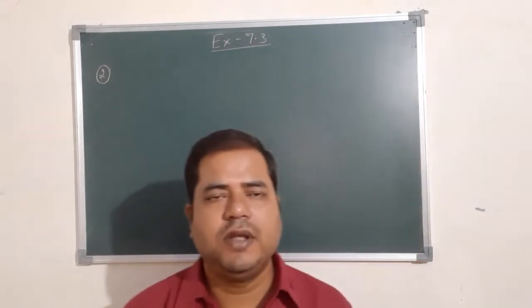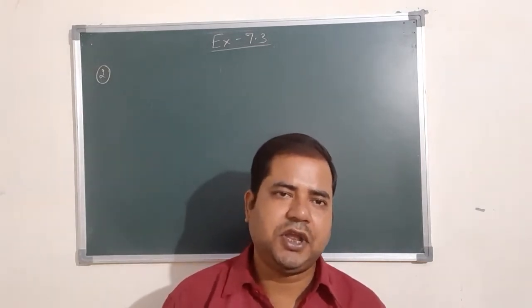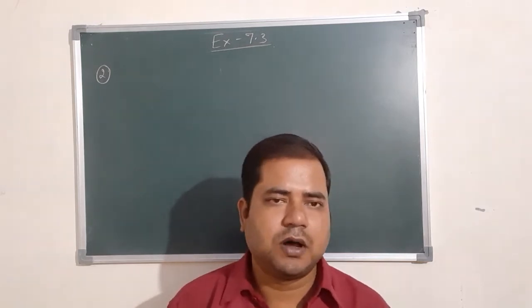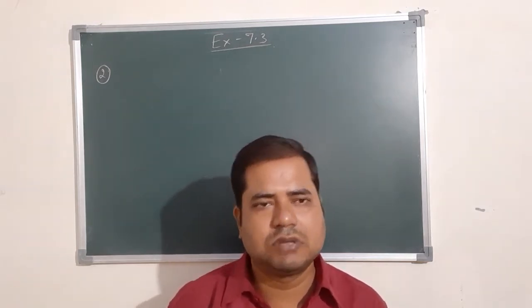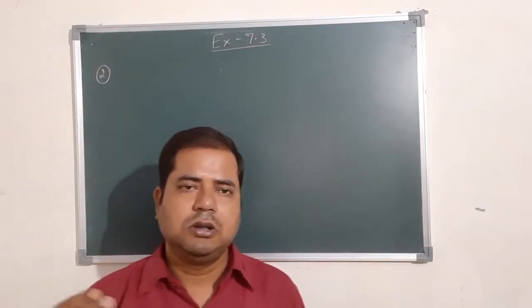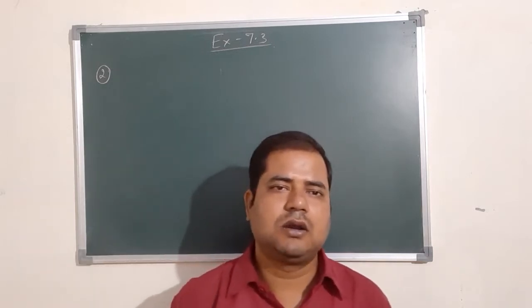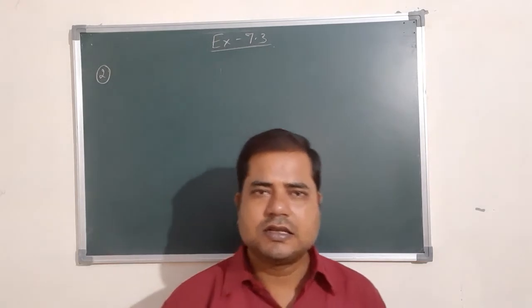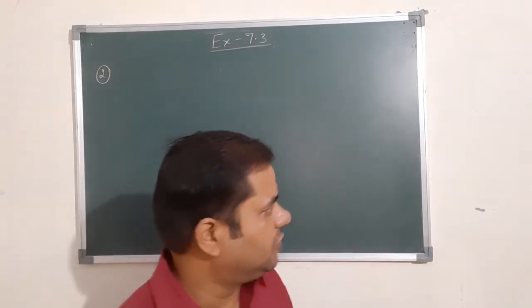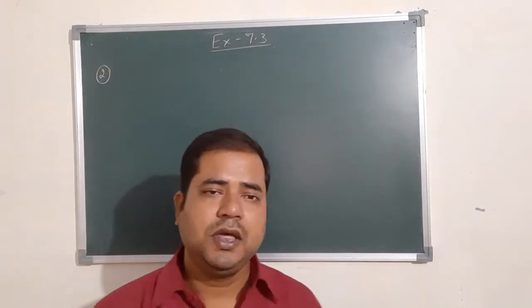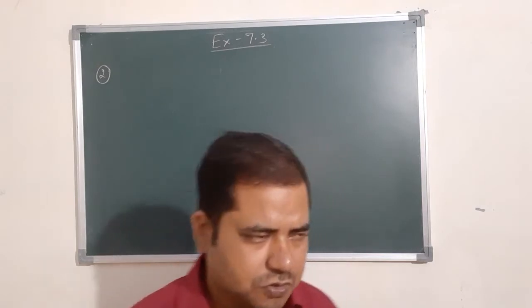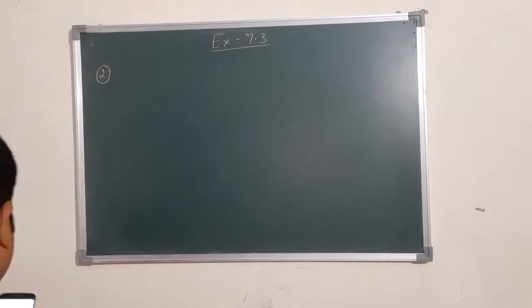First of all, we understand the concept of collinearity of 3 points. We had already discussed in distance formula that if A, B and C are 3 points, then these 3 points are collinear if AB plus BC is equal to AC. In the same manner, in the area of triangle formula, if 3 points are collinear, then area of triangle must be 0. So first of all, we note it down.